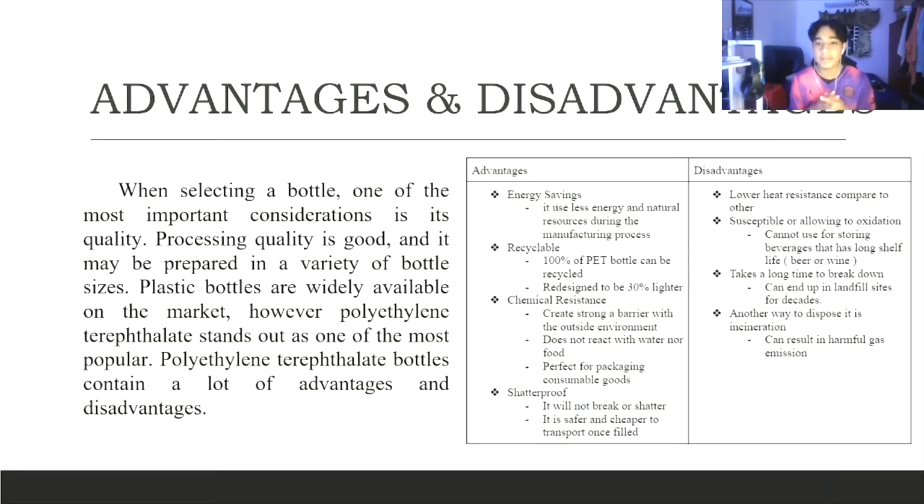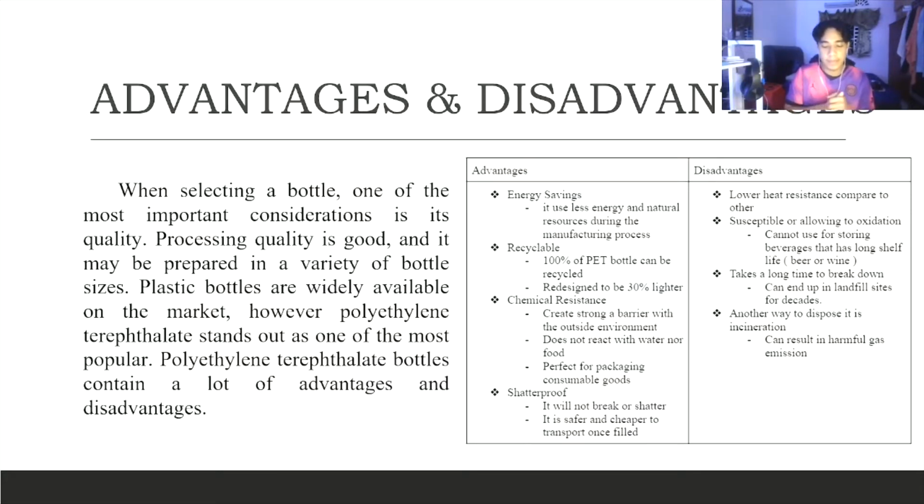The next one is recyclable. So did you know that 100% of PET bottles can be recycled through modern advancements in manufacturing technology? Plastic bottles have been redesigned to be 30% lighter. The next one is